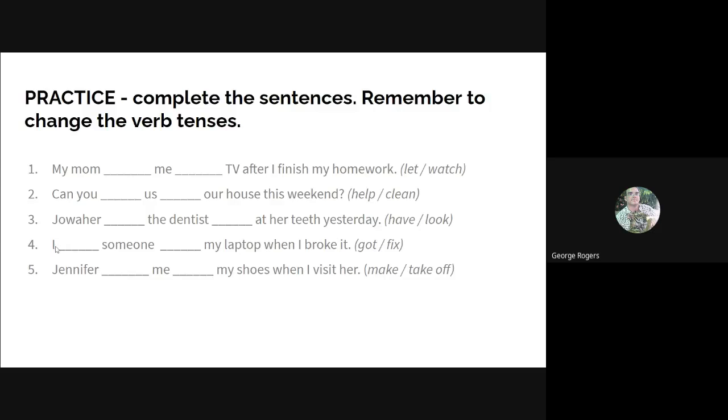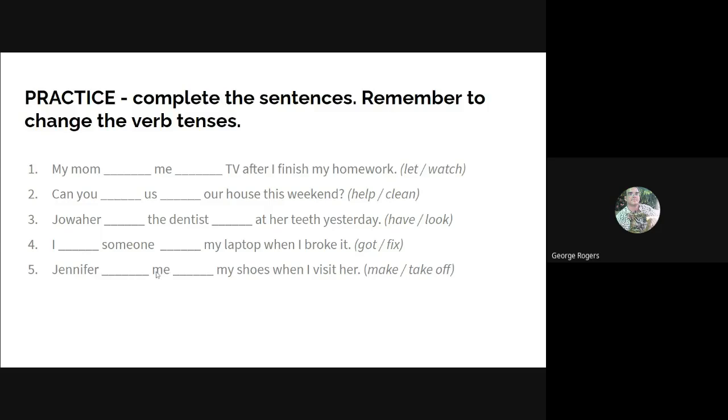Number 4, I blank someone, blank my laptop when I broke it. Again, broke is past tense. So yeah, they kind of got this one already. Got is past tense. So look at that one and remember there's something special about this one. Number 5,